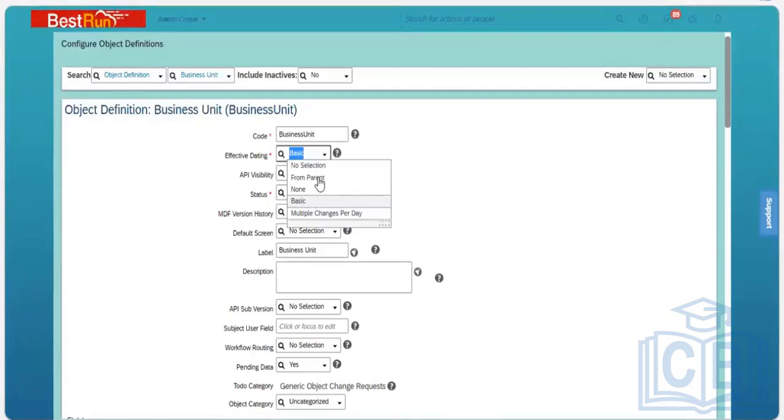Okay, now going into from parent. From parent is something we can call a composite association. I need to explain to you what a composite association is. So to understand from parent, we need to see how I can explain it to you. If you are selecting the effective dating as from parent, it indicates that when you select from parent,